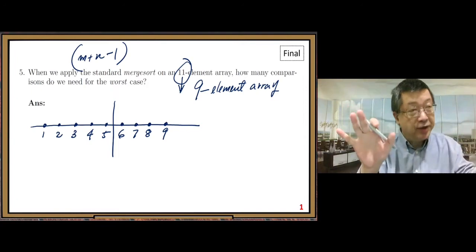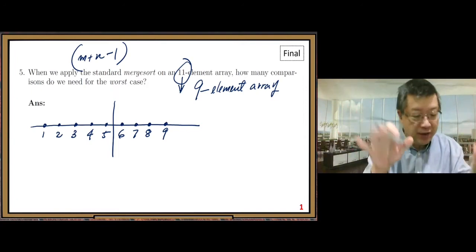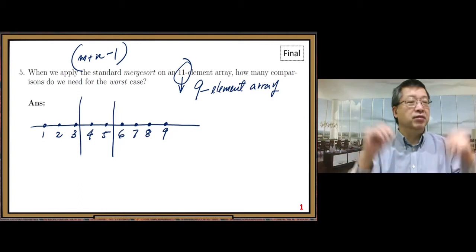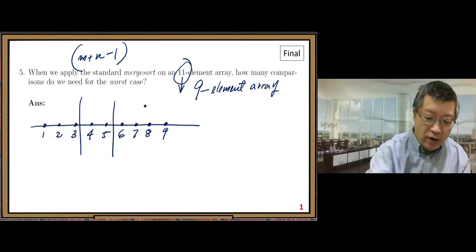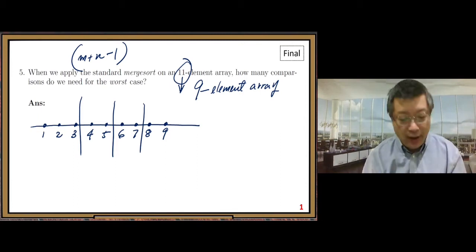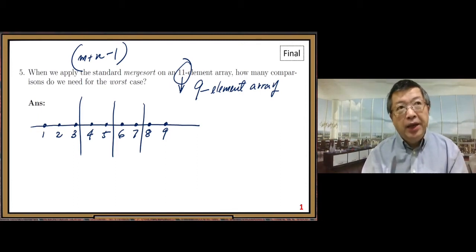Then the next split. Each one we do the split. The next split, 5 elements: the first one 3, the second one 2. The 4 splits right in the middle, like that. All right. Then, when we do the split,